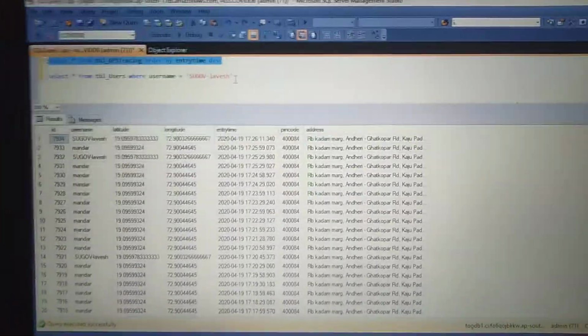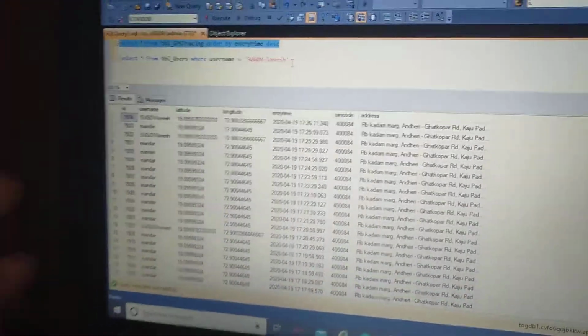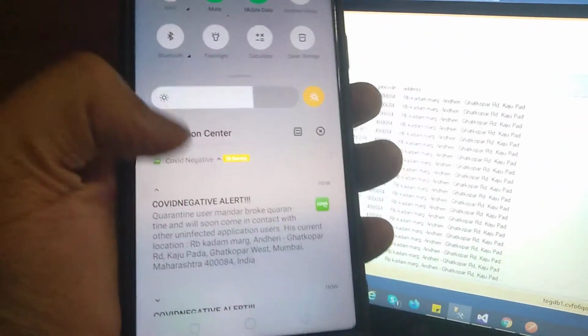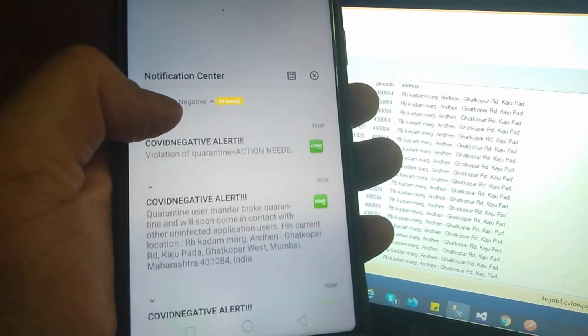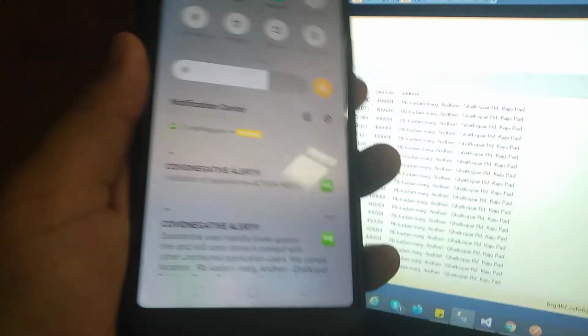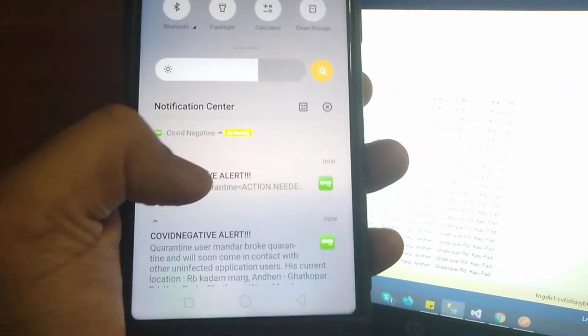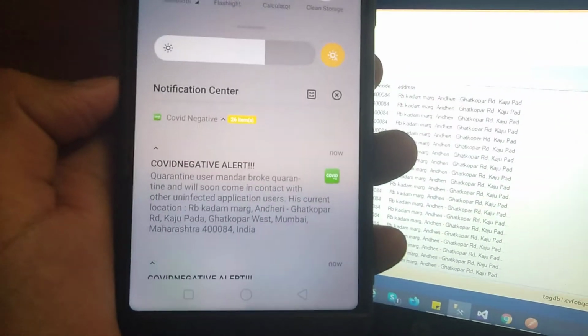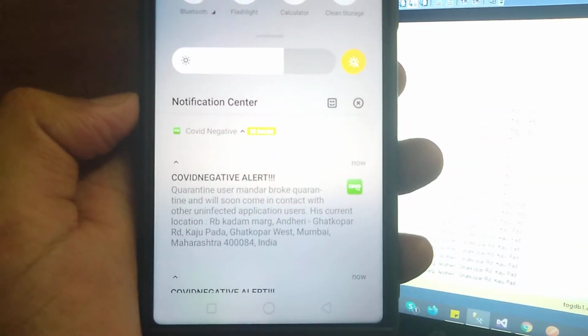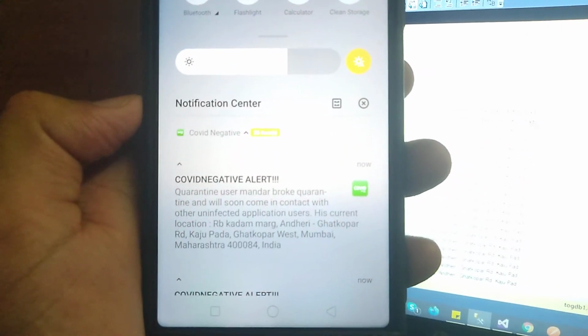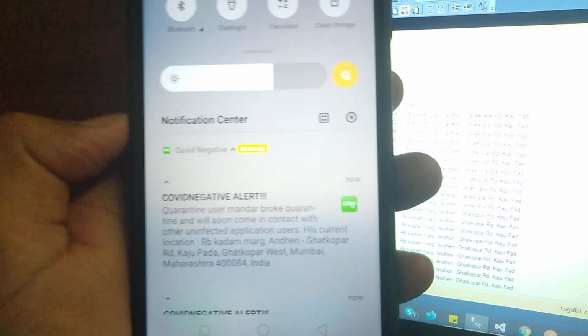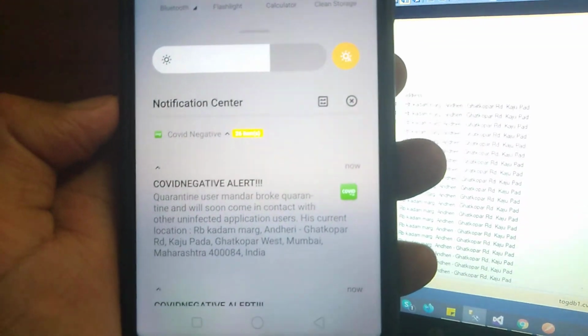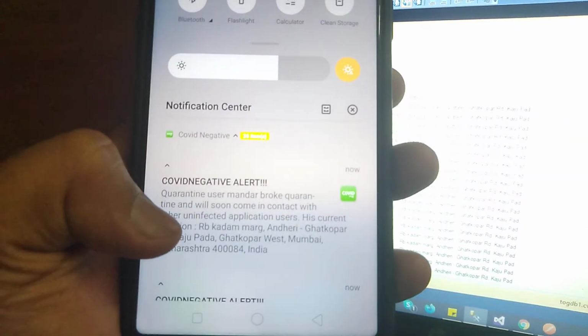But if the location of Mandar is out, then look at this. This is the notification. We just got the notification here: COVID negative alert. Quarantine user Mandar broke quarantine and will soon come in contact with other infected application users. His current location is this.